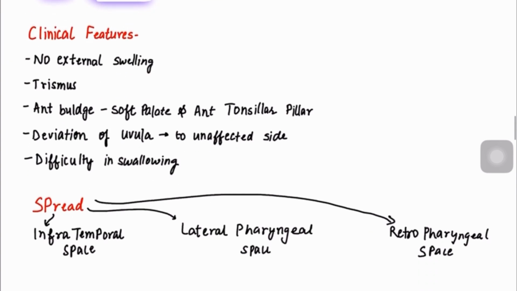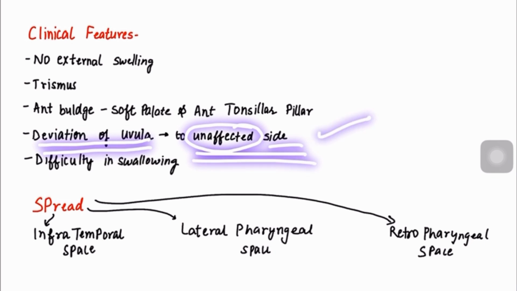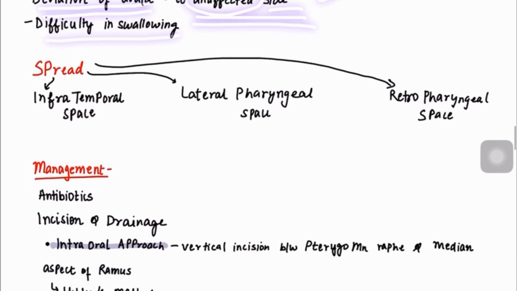The clinical features can be, first of all, there will be no external swelling. There can be trismus, there will be an anterior bulge on the soft palate and the anterior tonsillar pillar. There will be deviation of uvula to the unaffected side. And there will be difficulty in swallowing. So the infection can spread to the infratemporal space or the lateral pharyngeal space or the